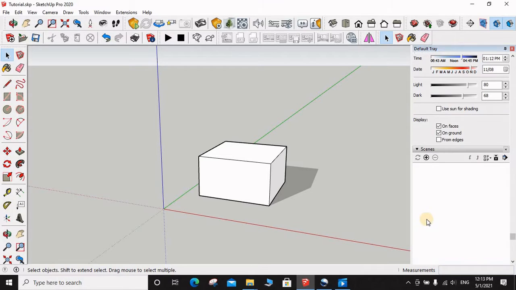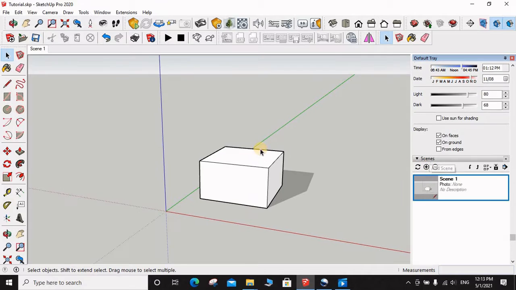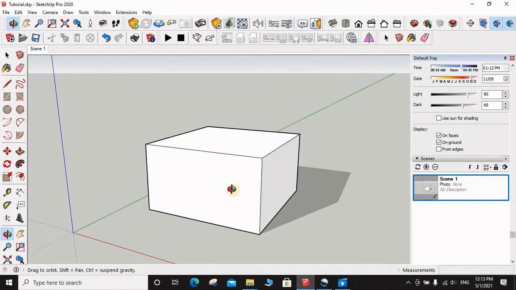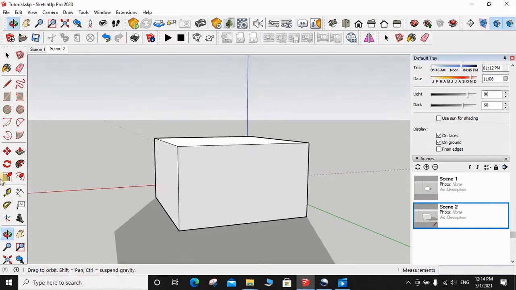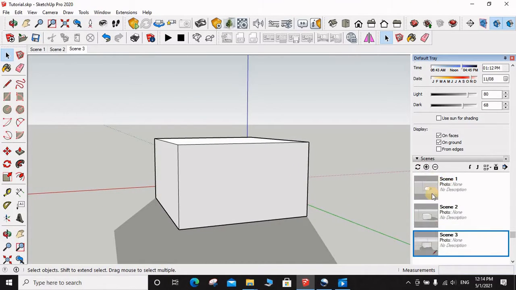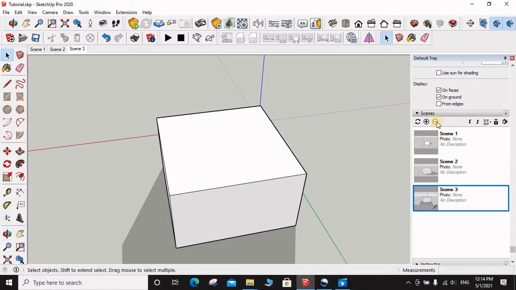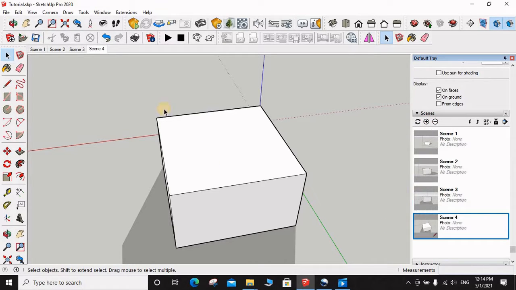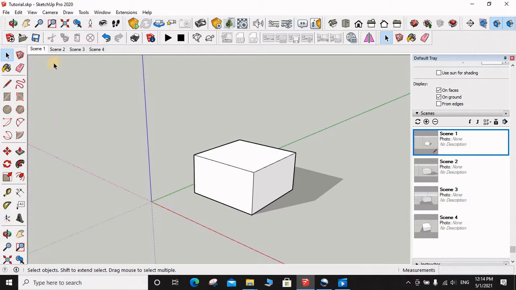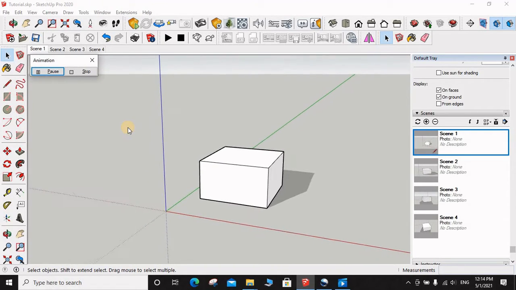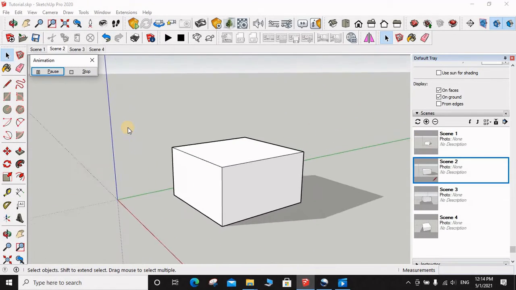Okay, this is also animation. Now this option, scenes, also helps us to create different types of scenarios for animation videos. Like, let's create a scene. This is one scene, and we can adjust the camera view and add another scene, then adjust another camera view and then add another scene as well, another camera view. Then while we play it, like play animation, this will play as an animated video.